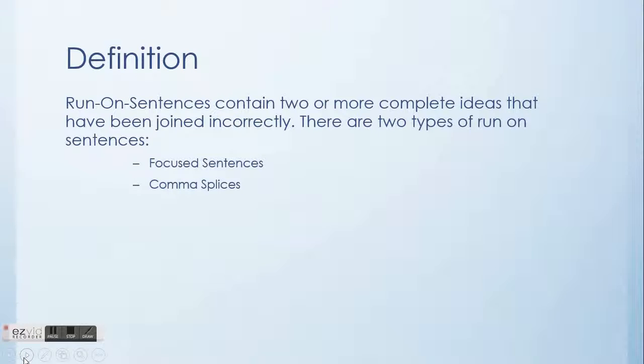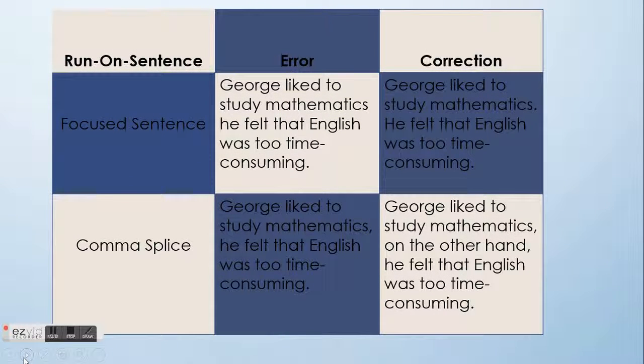Next slide here, I'll go ahead and explain the two types of run-on sentences: fused sentences and comma splices. On the first row we have the defined categories with run-on sentences. Second column will have the error. Third column will have the correction. So for fused sentences, I went ahead and added the incorrect method of